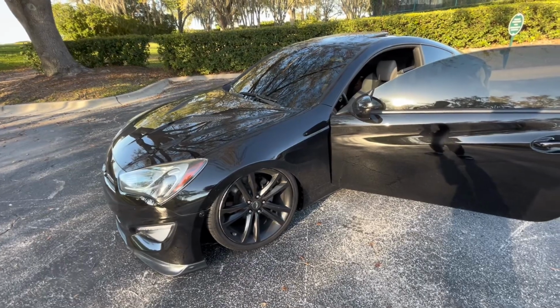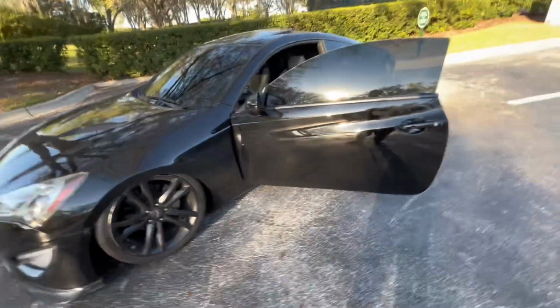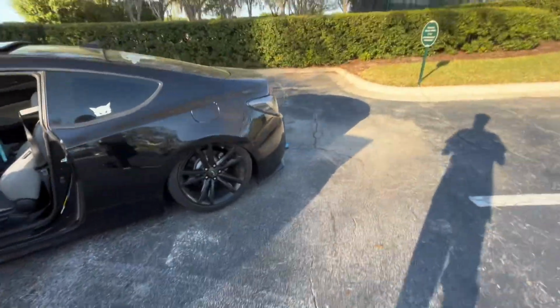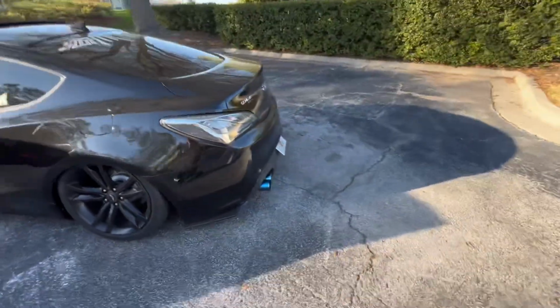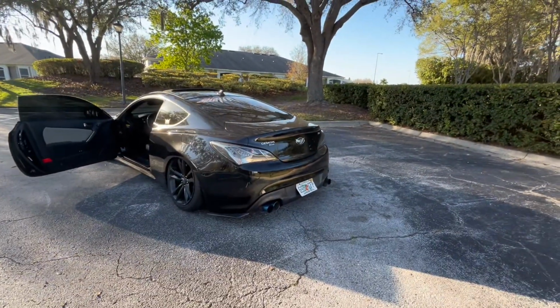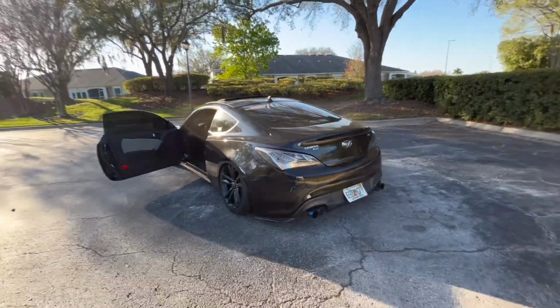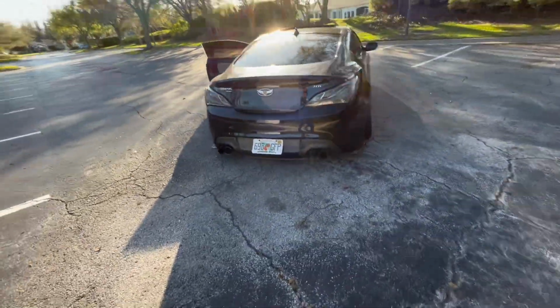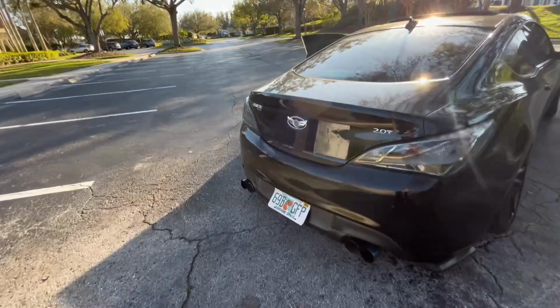I'm going to talk about the first thing that honestly pisses me off about the car, and that's going to be the trunk situation. Don't get me wrong, that rear end is gorgeous. I love the rear end. I feel like the rear end is the best part of the Jenny. I don't feel like there's a bad shot at the rear end. But this trunk, bro,